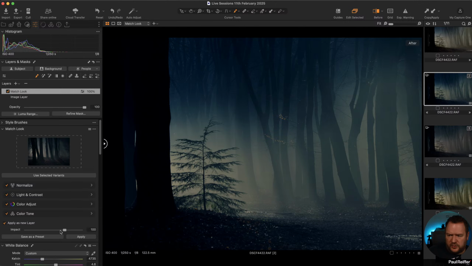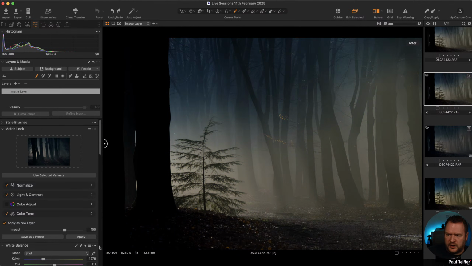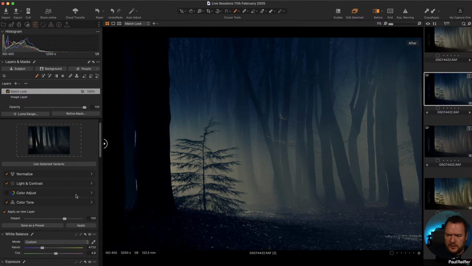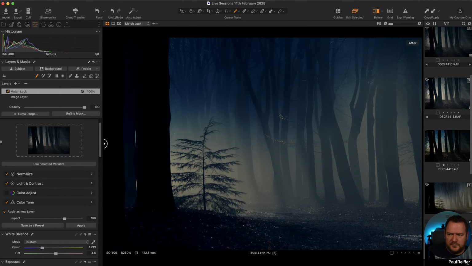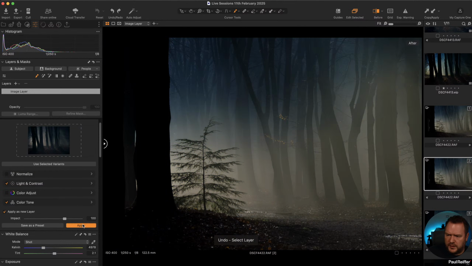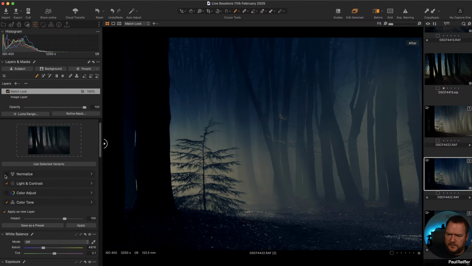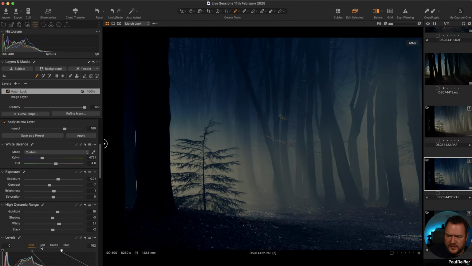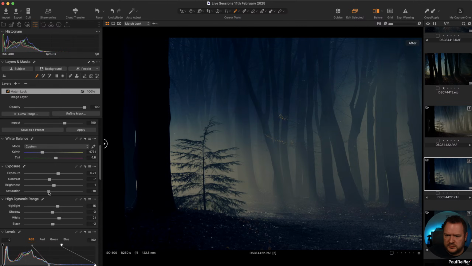Yeah, it pushes it a bit too much. So let's undo that. Let's turn off our color adjustment and hit apply. Okay. So it's not quite getting it. It's taking the overall feel. Maybe we don't want normalize. Let's just try that. No. So what I would do though is leave it like this and then just pull down our saturation in my match look layer.